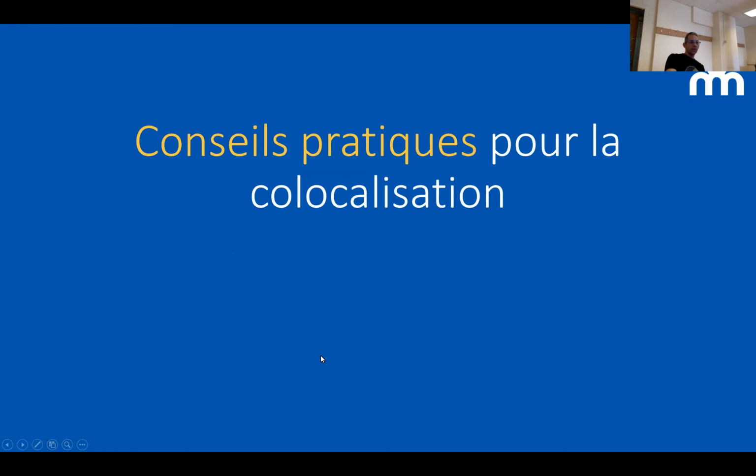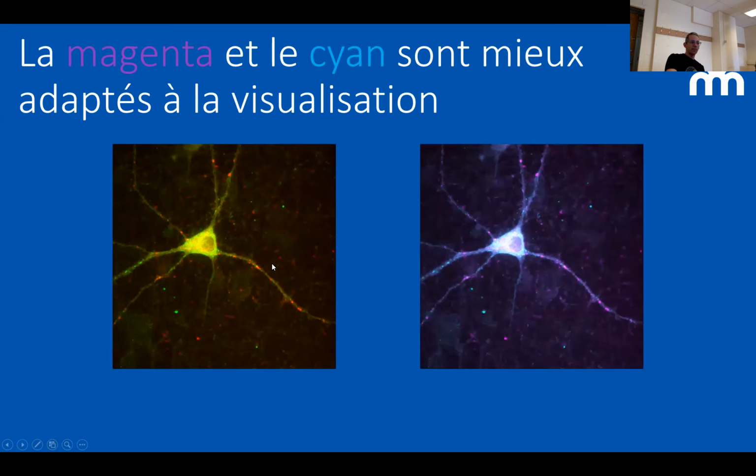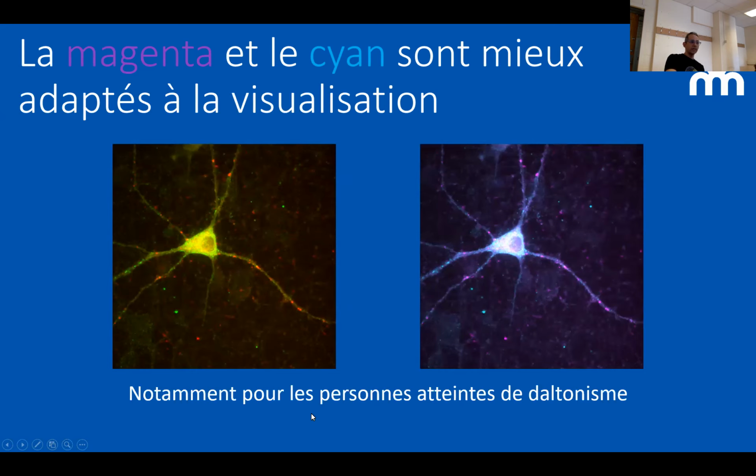I want to give you some very practical advice for colocalization. The first one is that red and green, which is always used by everybody on the microscopes and in papers, is not good because it doesn't help people who are colorblind. So you need to use magenta and cyan. And if your boss doesn't like it, you can explain that you need to include at least 10% of the people who are colorblind, and this is how you visualize in a better way